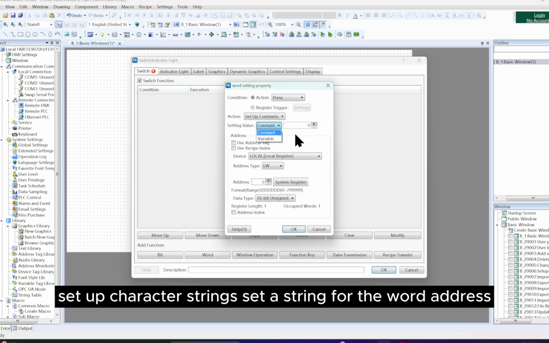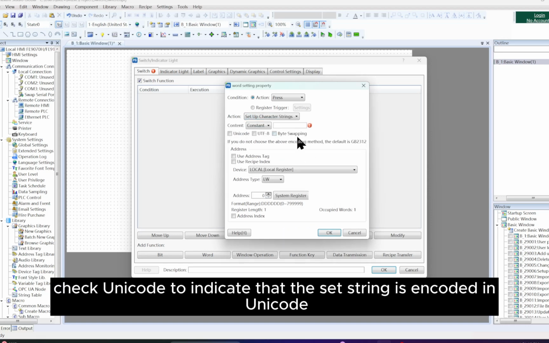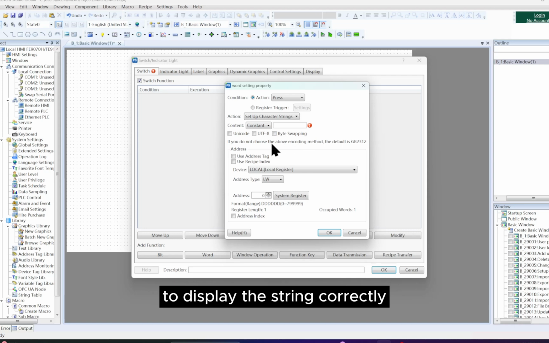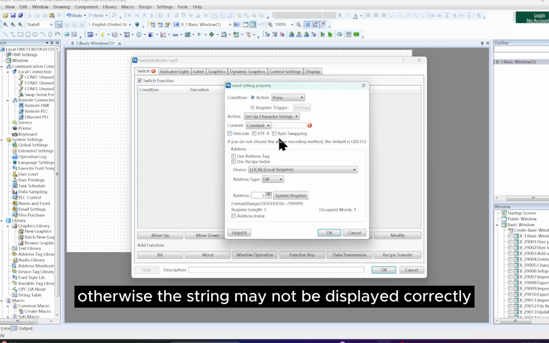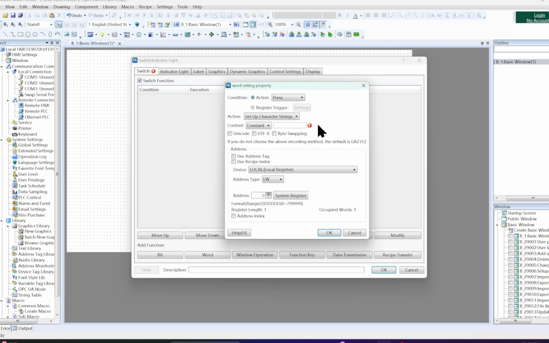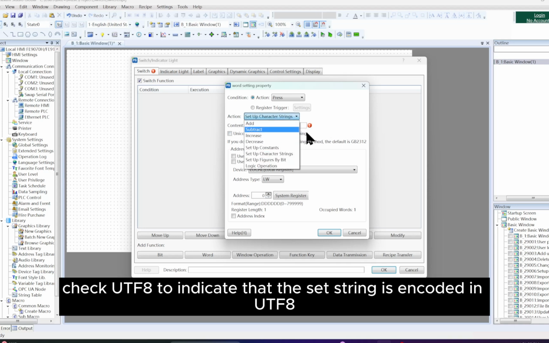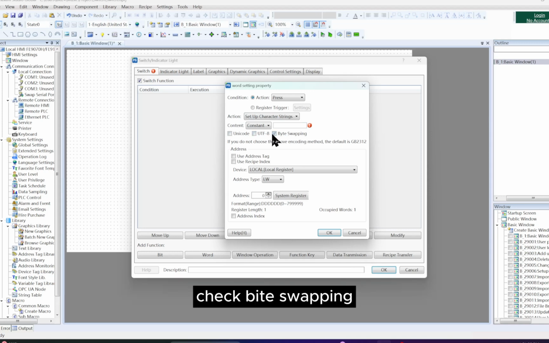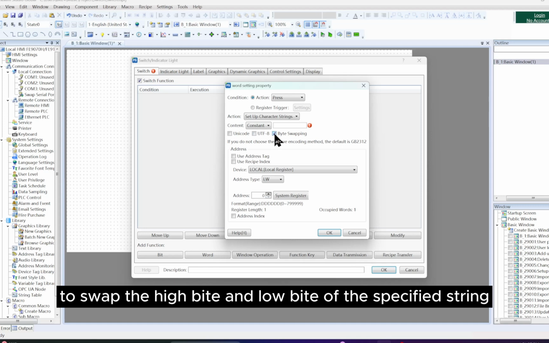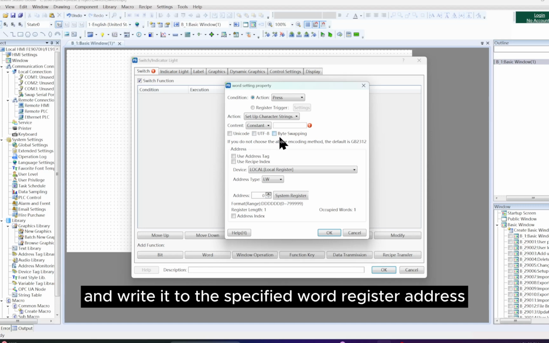Set up character strings. Set a string for the word address. Check Unicode to indicate that the set string is encoded in Unicode. To display the string correctly, the Unicode encoding must be used. Otherwise, the string may not be displayed correctly. Check UTF-8 to indicate that the set string is encoded in UTF-8. Check byte swapping to swap the high byte and low byte of the specified string and write it to the